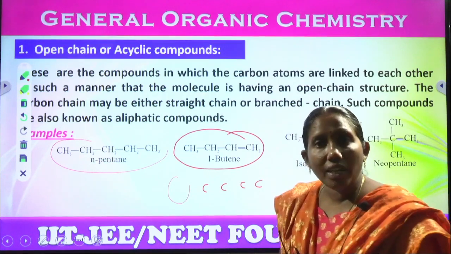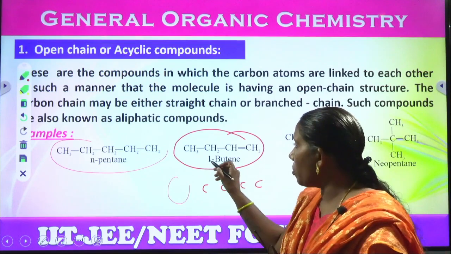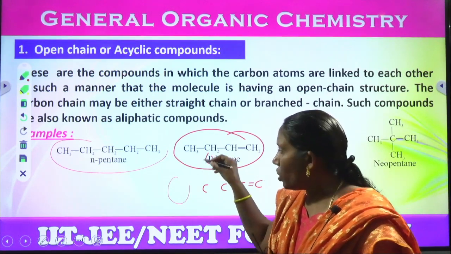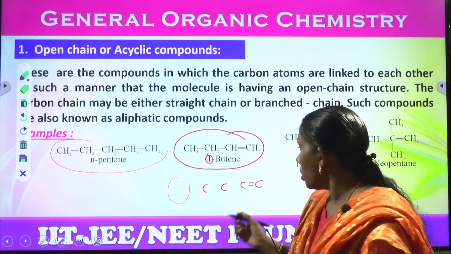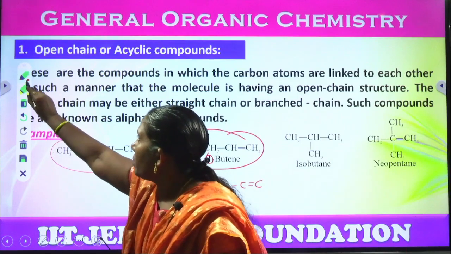Ene, he said. Ene means what? Double bond. Compulsory, one double bond should be there. That one double bond, he said one. Okay, keep it here. What is this one? You will understand while writing the nomenclature. So remaining single bonds you keep. But while writing